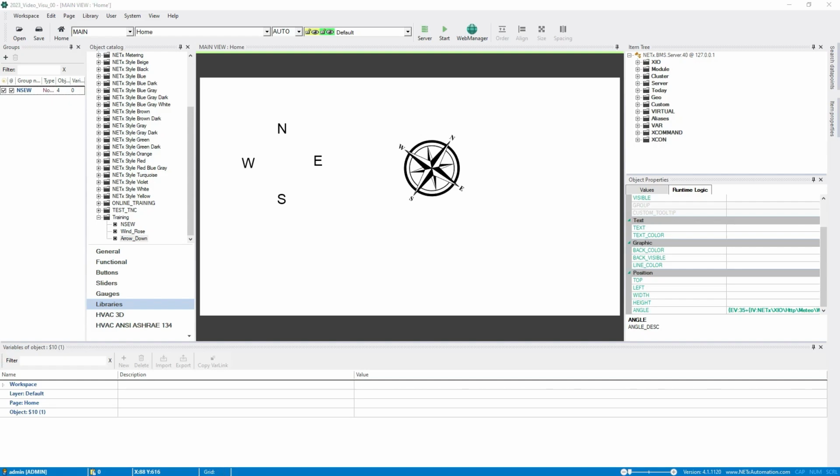Hello! In this video we will observe a brief example on how the properties of any object can be used dynamically in the visualization. As an example, we will try to represent the wind direction that we can observe in the BMS Studio and that we have obtained using the HTTP driver by means of a query to a weather